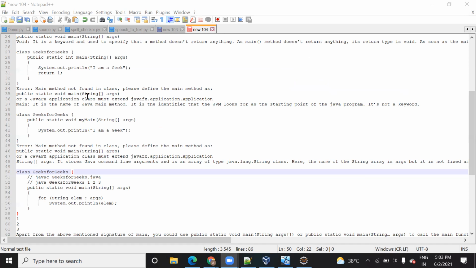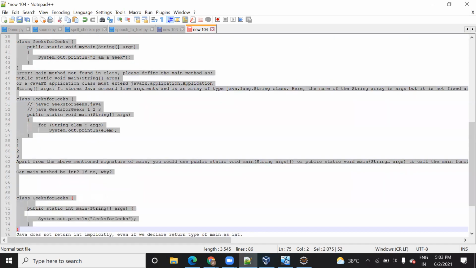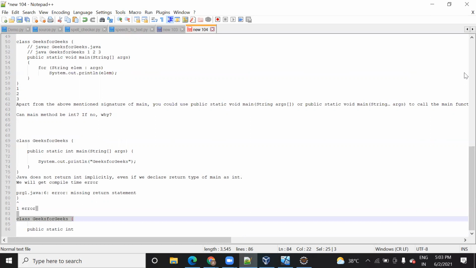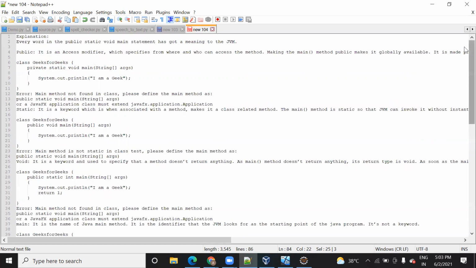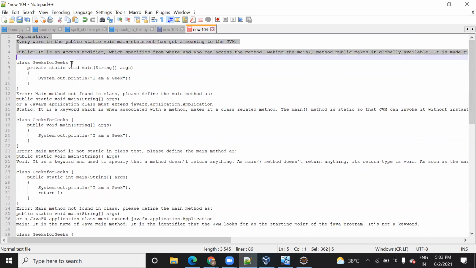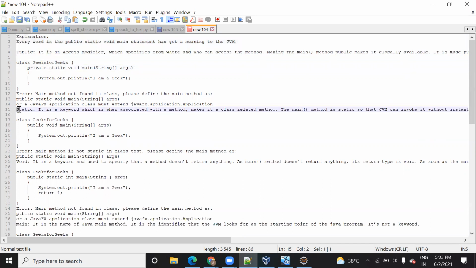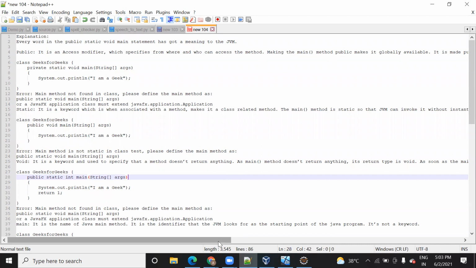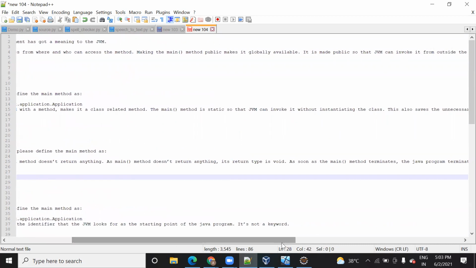So this was the concept. This is what I have written. In case you don't understand anything, you can read it from here. I will share this with you also. Now, the explanation regarding public static void main. What do you mean by public? What do you mean by static? Static means that it belongs to the current class. The main method belongs to the current class, and you don't need to invoke it. Once you run your code, the JVM runs that method immediately. You don't need to call any method.